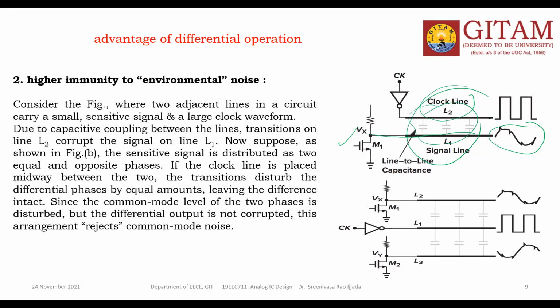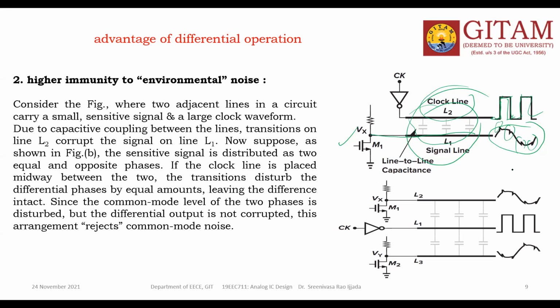Whenever the clock is changing from low to high or high to low, so four cases, you will get an overshoot in the signal. Got the point? Why does this happen? Because there is a sudden change of clock from low to high and high to low. Sudden transitions. Whenever there are sudden transitions, the capacitor acts as a closed path, a short circuit. So due to that, your signal is disturbed.